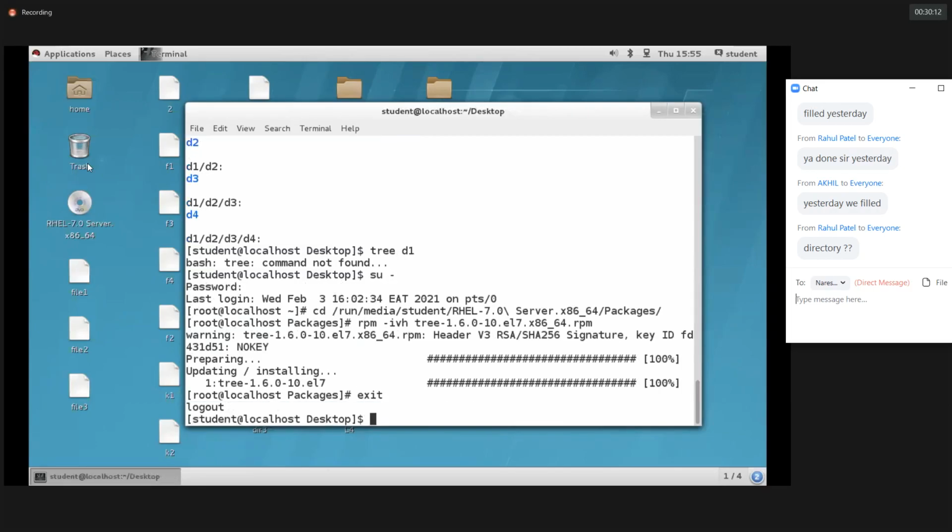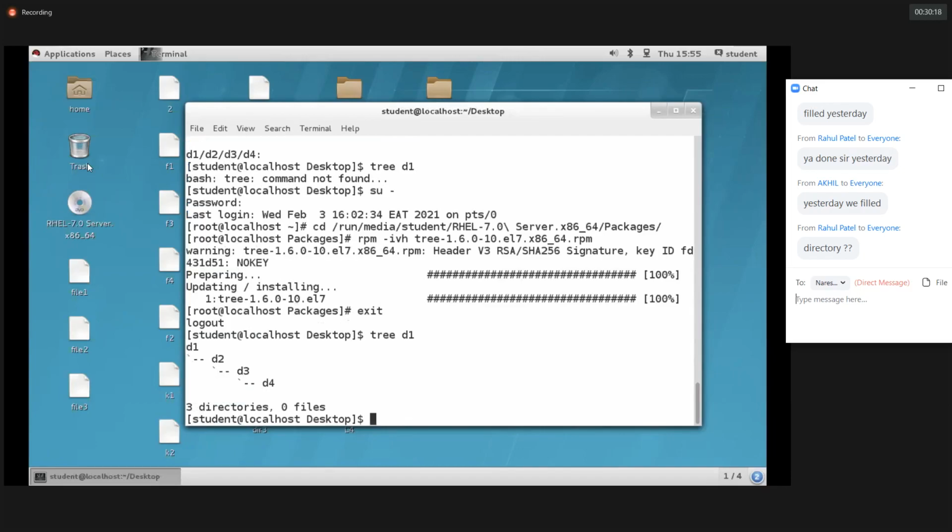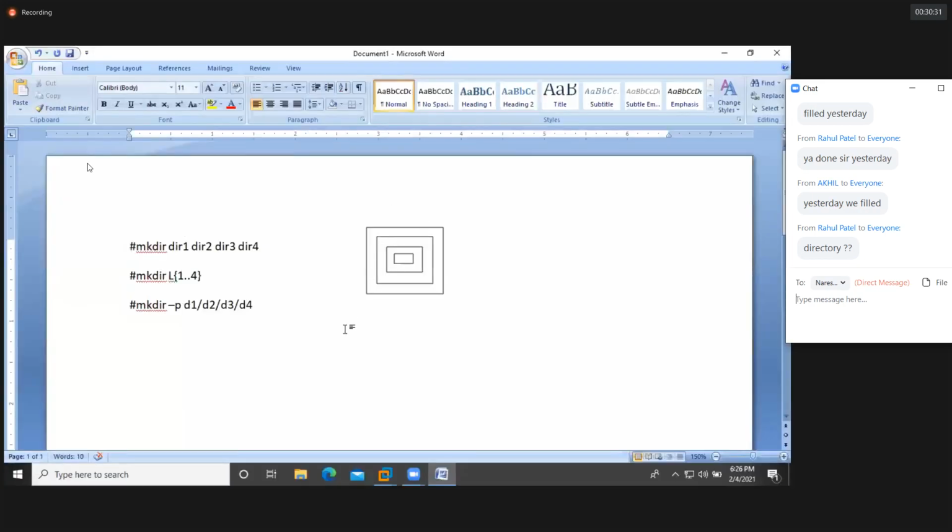Now I exit from the root user, go back to the student user and then execute the tree command here. See, it will show you the tree structure. D1 has D2, D2 has D3, D3 has D4. So the tree command provides the tree structure. Don't bother about the installation, guys. I have one concept called package management, and at that time I will tell you. I hope you're clear.